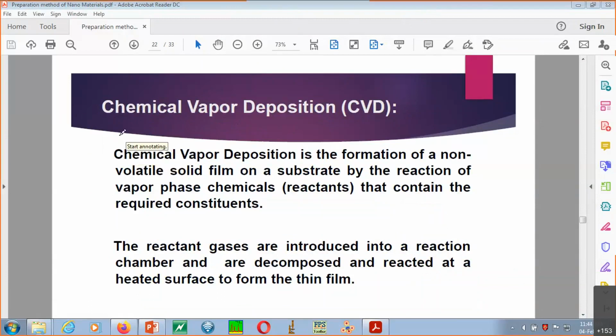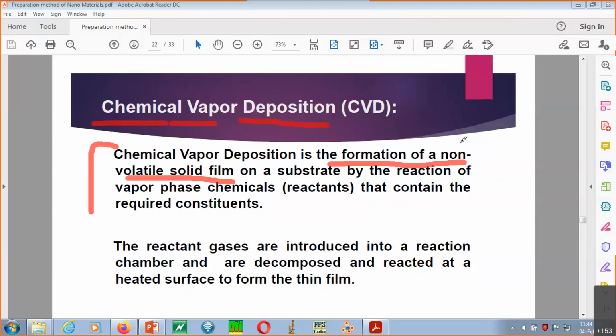You see, it is also very simple, from the name itself it is very clear. Chemical means we have to use the material in the form of chemical vapor, and that chemical vapor we need to deposit. So the method name is chemical vapor deposition. How does it work? It is the formation of a non-volatile solid film. Keep these words properly: non-volatile. That means whatever you are going to deposit on a film will be sticking to it, because many chemicals may be volatile also, vapors basically. So keep in mind this particular method is basically the formation of non-volatile